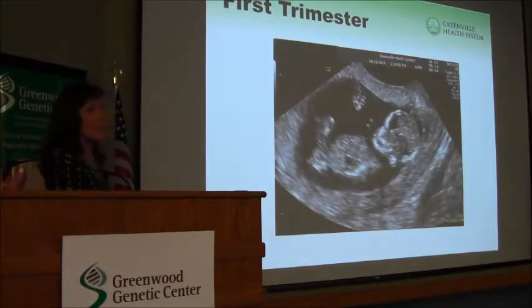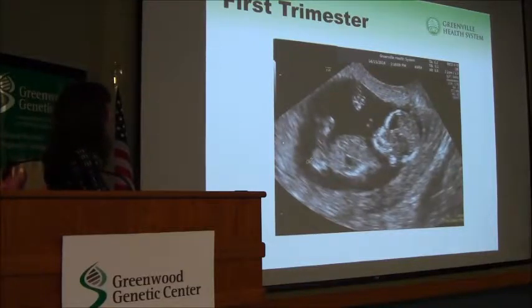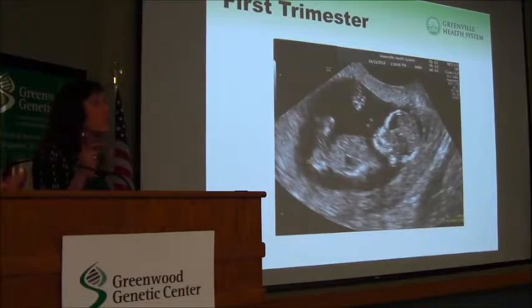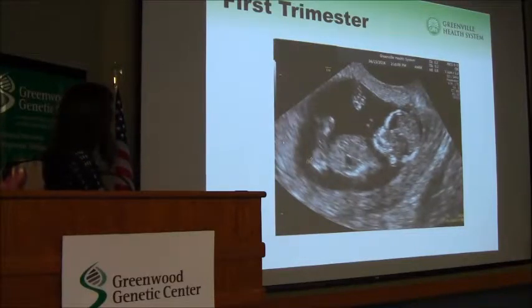So in the first trimester, one of the most important things we do is establish the dating criteria. We do a crown rump length, you can see the measurement here, to decide what the due date is. That's extremely important in terms of looking at an increased risk for aneuploidy, increased risk for viral infections. As the baby grows, do they stay on their growth curve? So that's one of the most important things we do in that first